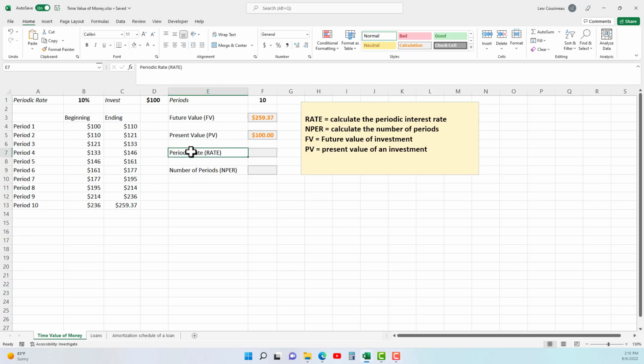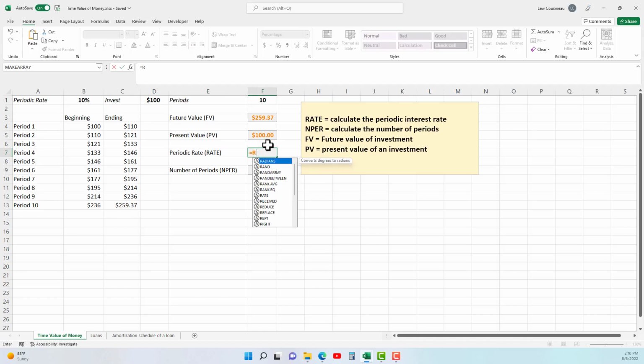There's a function that lets us calculate what interest rate we need. If I start with 100 and end with 259.37 10 periods from now, what would the interest rate need to be? So it's equal RATE, and parenthesis,